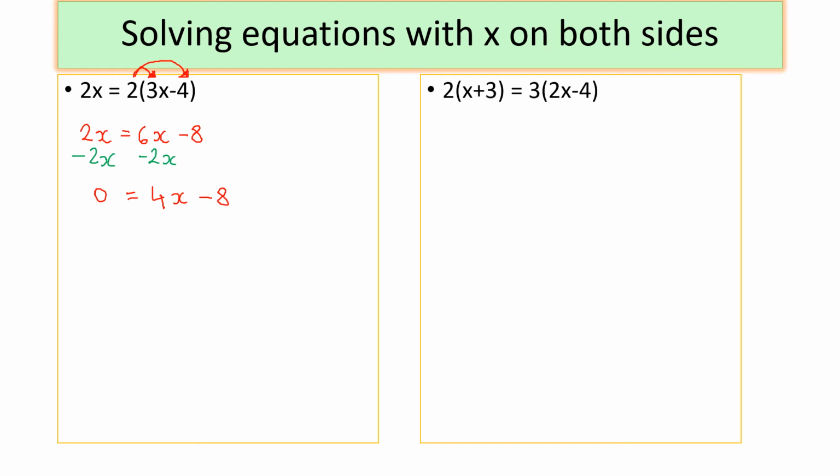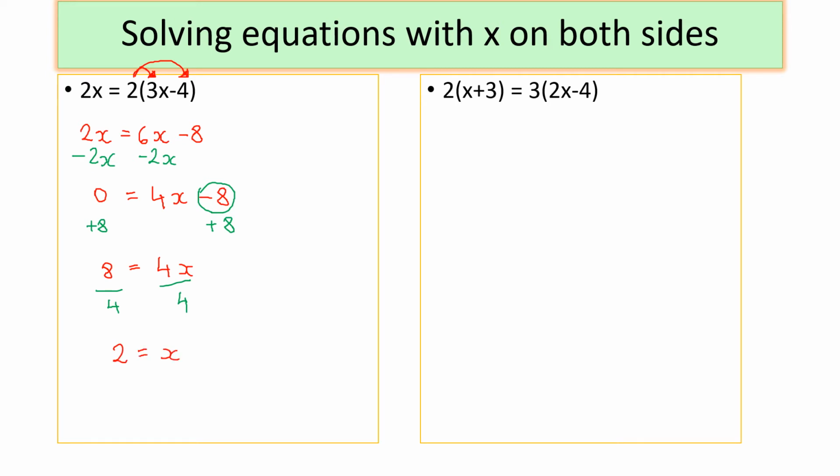Okay, we also said that we want the numbers to be on the other side. So I don't want to have it on the same side as the unknowns. Okay, so I need to get rid of this. I can do it by adding 8 to both sides. Okay, so now I have 0 plus 8, which is 8, equals 4x. Remember, 4x means 4 times x, so I need to divide both sides by 4, and we get the answer,